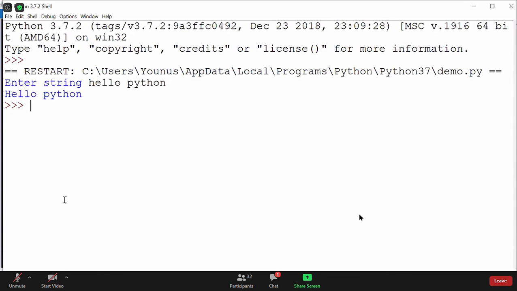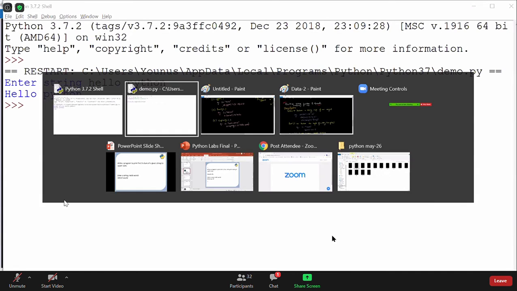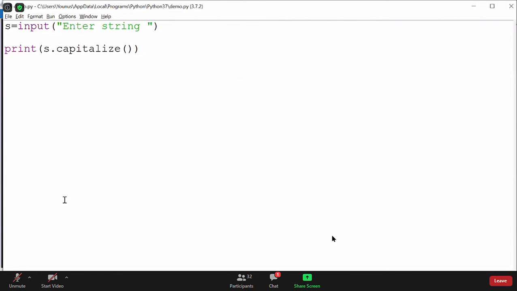If we want the second word also in capital case, then you have to do something else. That's my question: how to do that, guys? I want the second word also capital.